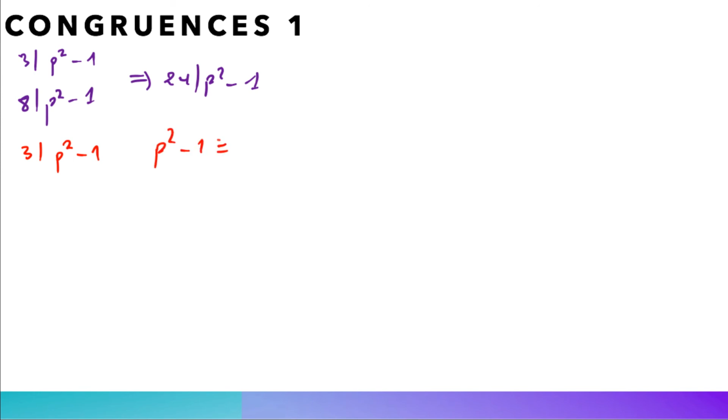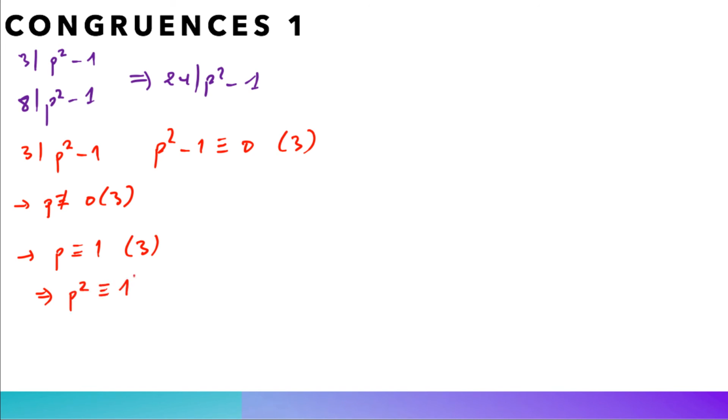squared minus 1 is congruent to 0 modulo 3, which means that p squared minus 1 points to 0 on a 3 hours clock. First, p cannot be congruent to 0 modulo 3, because otherwise p would point to 0, which means that p is a multiple of 3, which cannot be the case because p is a prime number greater than 5. The second case is when p is congruent to 1 modulo 3, in which case we get that p squared is congruent to 1 squared modulo 3, and this means that p squared is congruent to 1 modulo 3 because 1 squared is 1, which implies itself that p squared minus 1 is congruent to 0 modulo